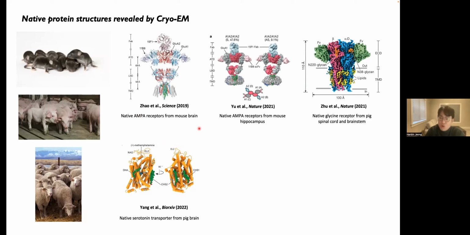The advantage of isolating native protein from a living source is that we could preserve the native environment, such as auxiliary proteins,